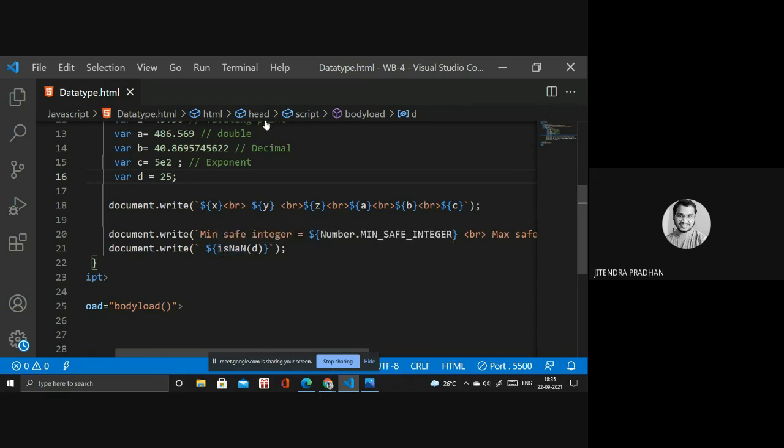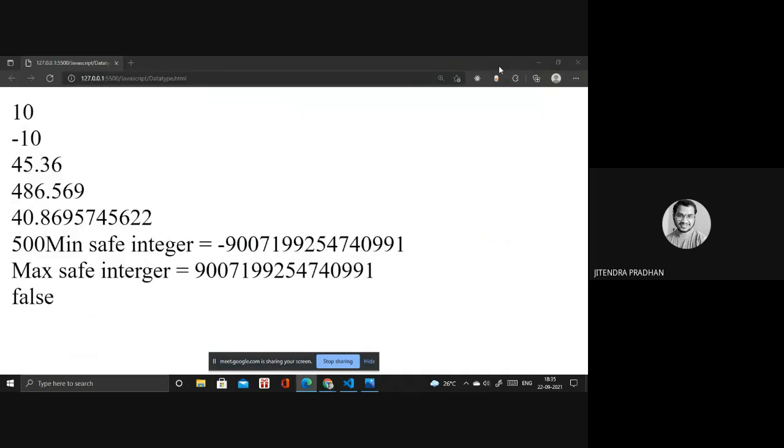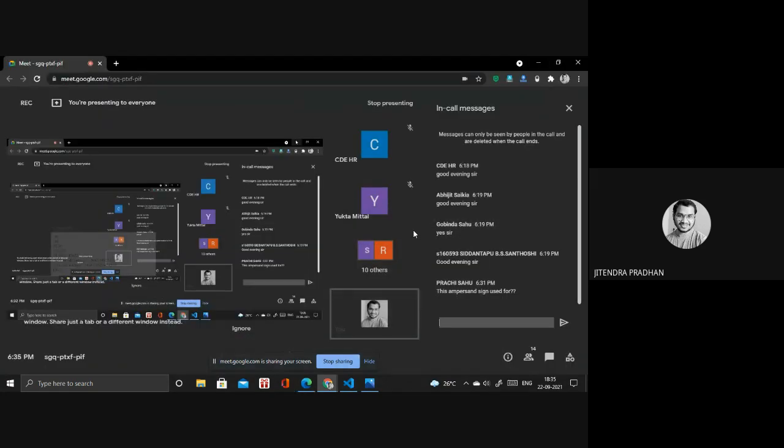We have another one, integer, like parseInt. We are not discussing that one, so you have to go to the internet and search all these things. Next we have to go to the string type, and we have to discuss what the ampersand is and all these things.